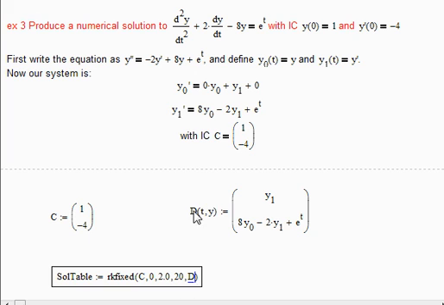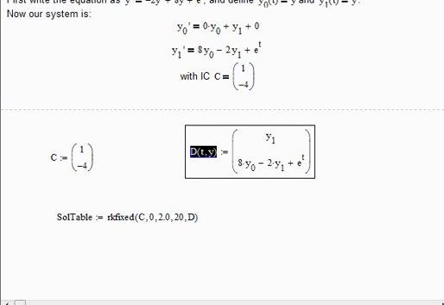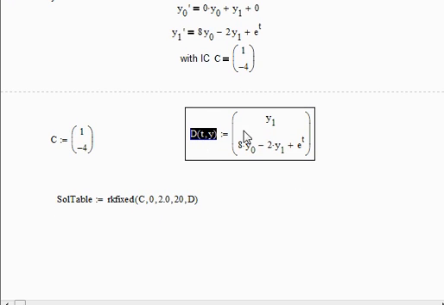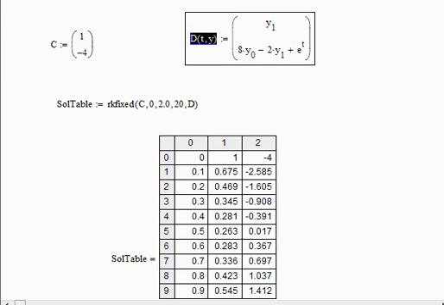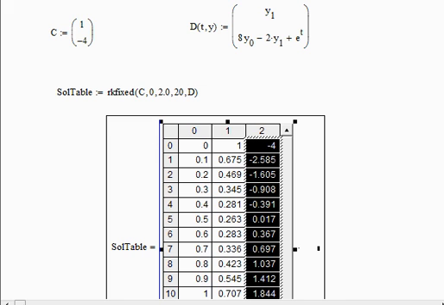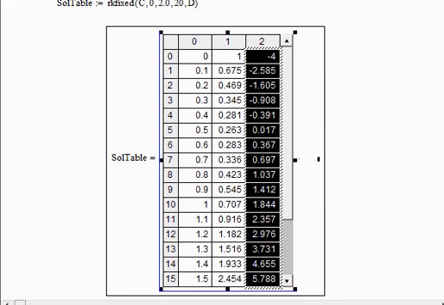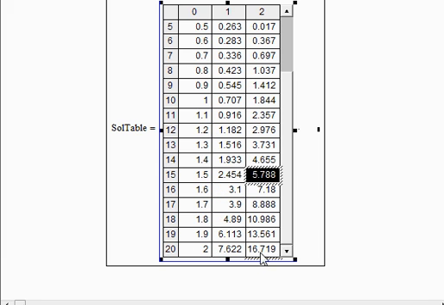And the D is, of course, our derivative vector. This is like the x prime equals, you know, that. And so here's our solution table, and this is x at 0, x at 1, x at 2, and you should see at this point our solution, except you don't, because we have to go out to the 20th step. So here is our solution for this one,